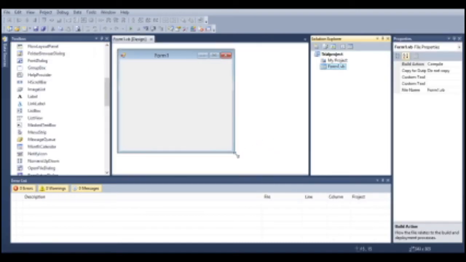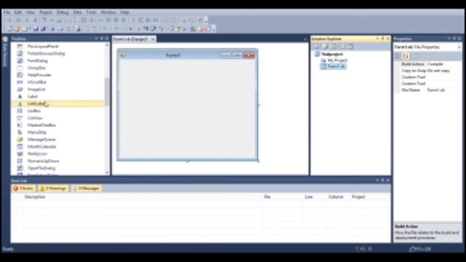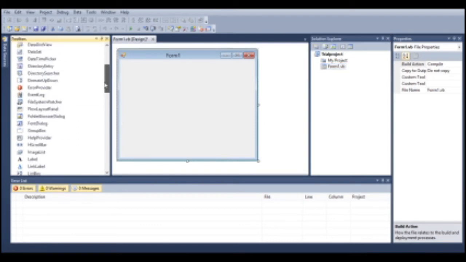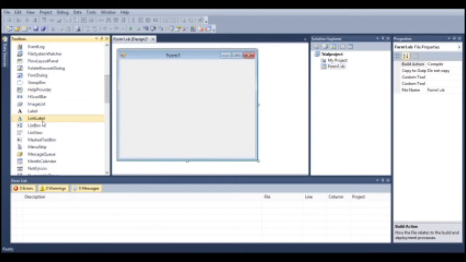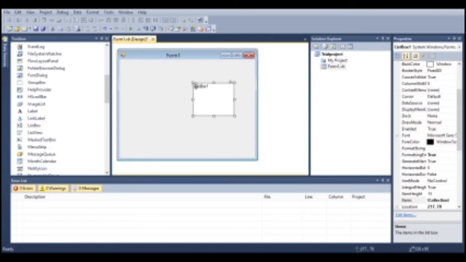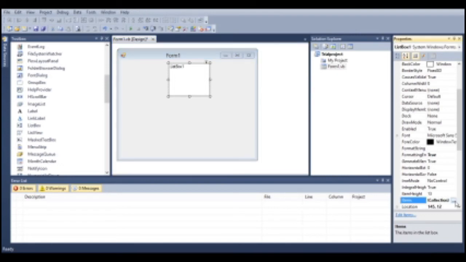We'll drag and drop some components. One is a list box, and I will add some items to the list box. Let us add some names of the cities to the item collections of the list box.